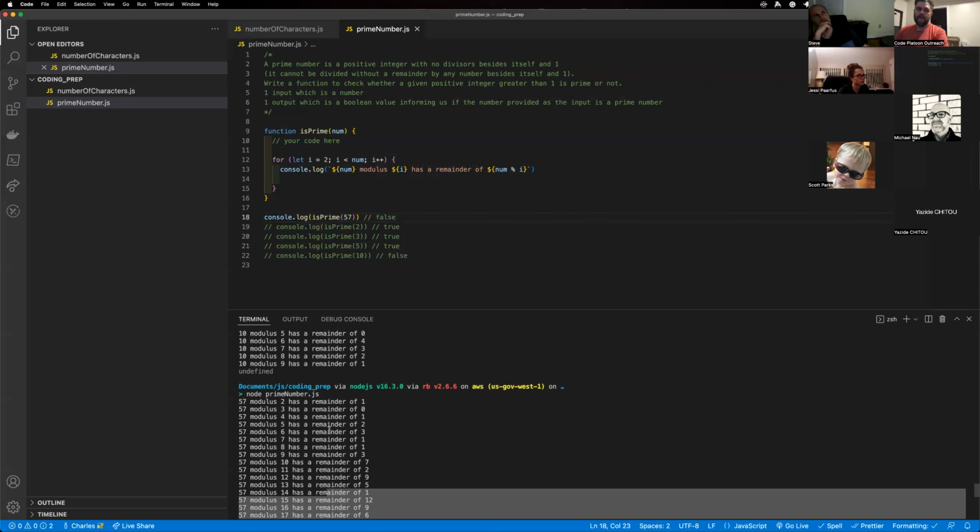right? And so with this, a prime number is a positive 1 output, which is a Boolean value. So it doesn't really tell us if it's prime or not. So let's go ahead and start solving it this way. What we can do is make this as short as possible, right? If we're just going to return a Boolean value. So we can say